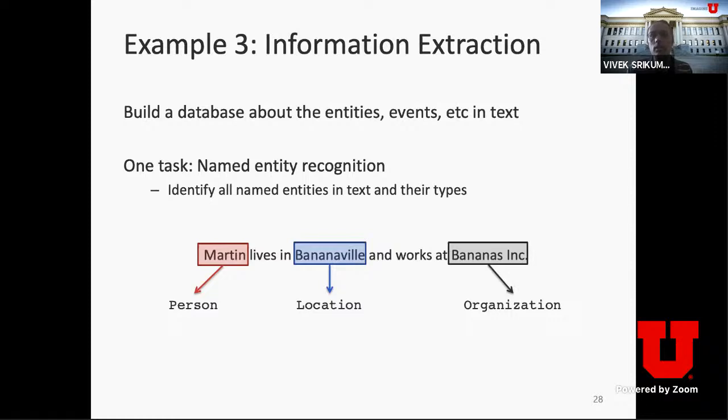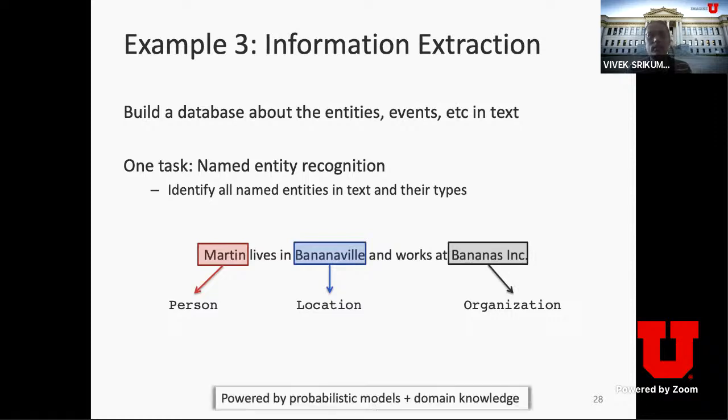So this is again another task where there are standard data sets where we can build statistical models, but here we need to introduce some domain knowledge. For example, we can say usually anything that ends in INC is an organization. Most of the time, people are not named INC dot. So I can safely say this is an organization without actually knowing too much about these things. So we can introduce knowledge about the world and how the language reflects the world.